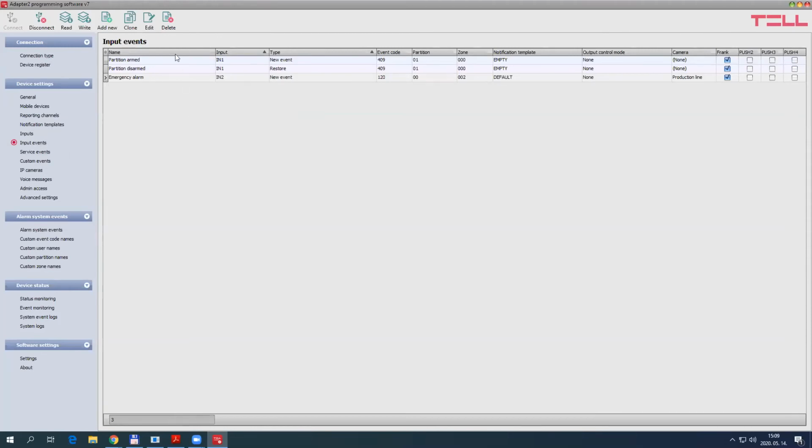Here in the input events menu, you can configure the events generated by the inputs. Now, as you can see, I'm using 3 events here, about which I have received push messages in the application. I'm using input number 1 with new event and restore, so activation and deactivation of input number 1. Here the PGM output of the panel is connected, and we'll send the partition armed and disarmed